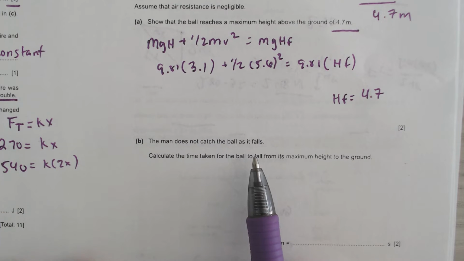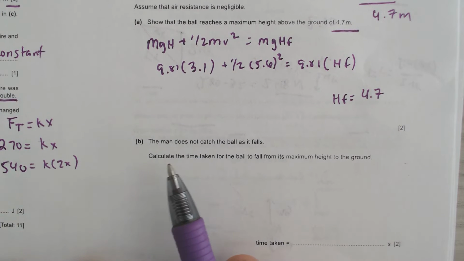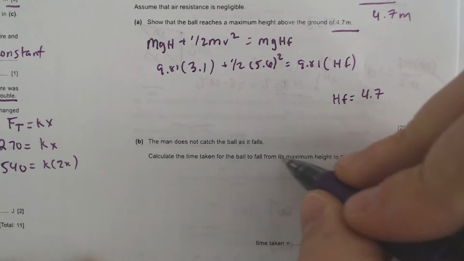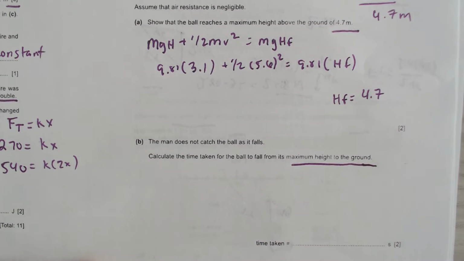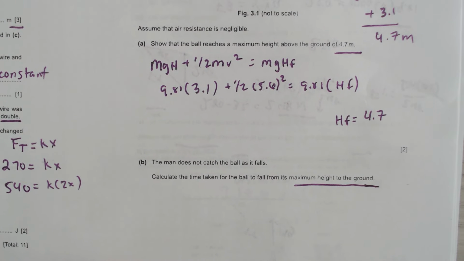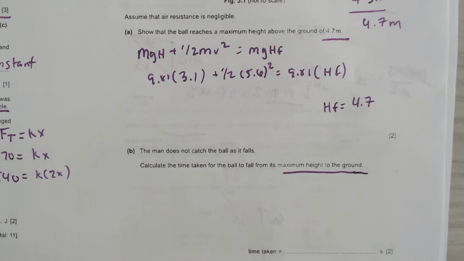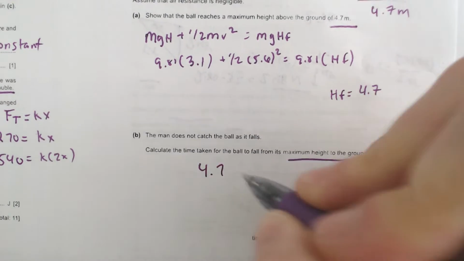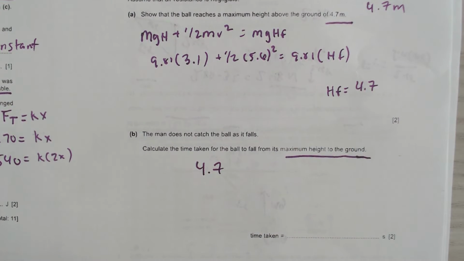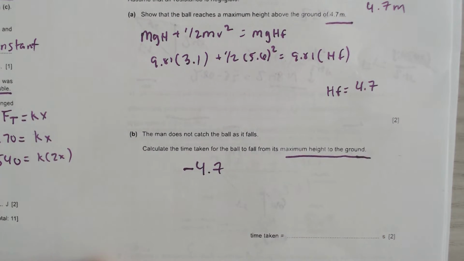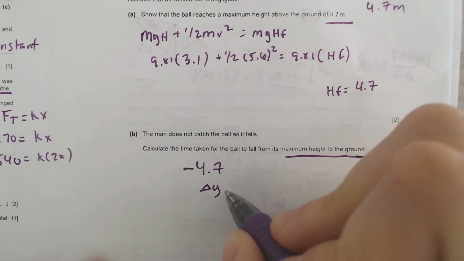Okay? The man does not catch the ball when it falls, so he's very unathletic. Calculate the time for the ball to fall from its maximum height to the ground. So read carefully. Also recognize that even if you can't do part A, for any of the ones that say show, you can almost always do the next part because you use the answer. It's at a height of 4.7. It is falling to the ground. So it is going to go down by 4.7. That would be our delta y, would equal